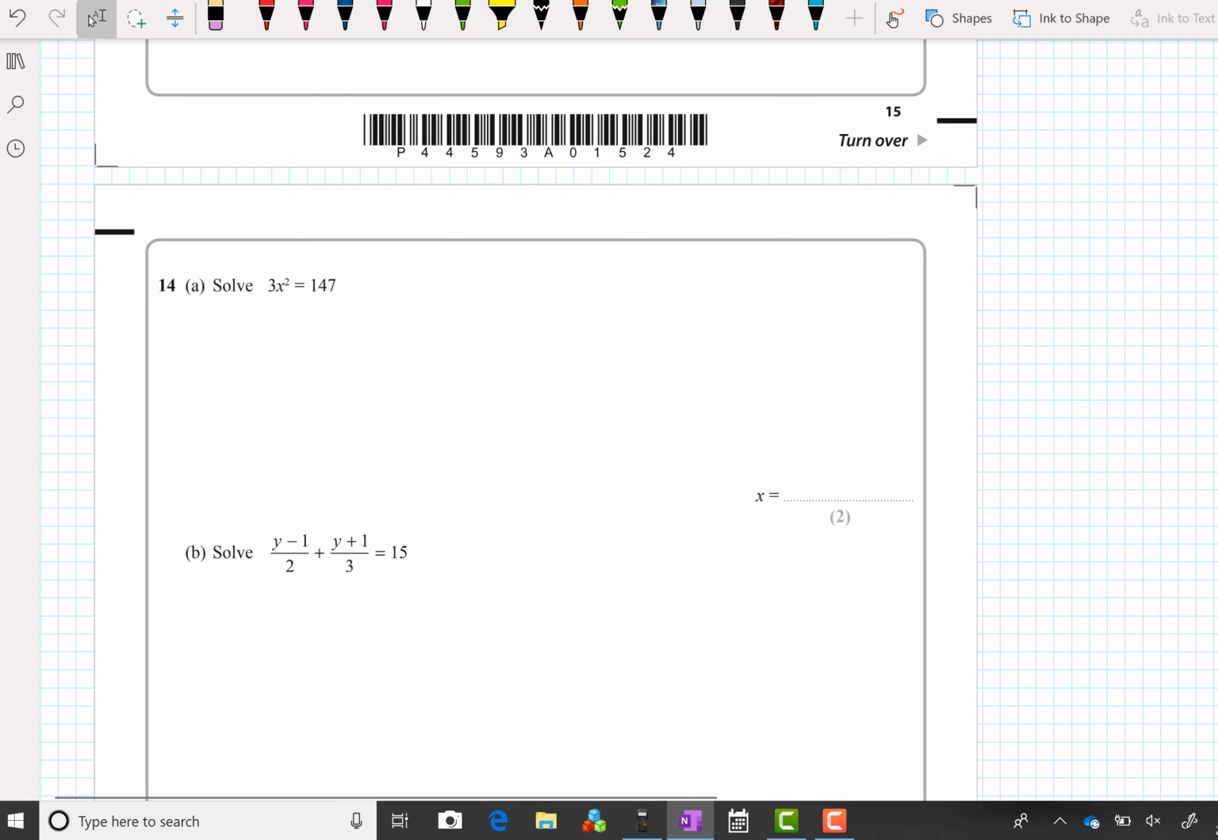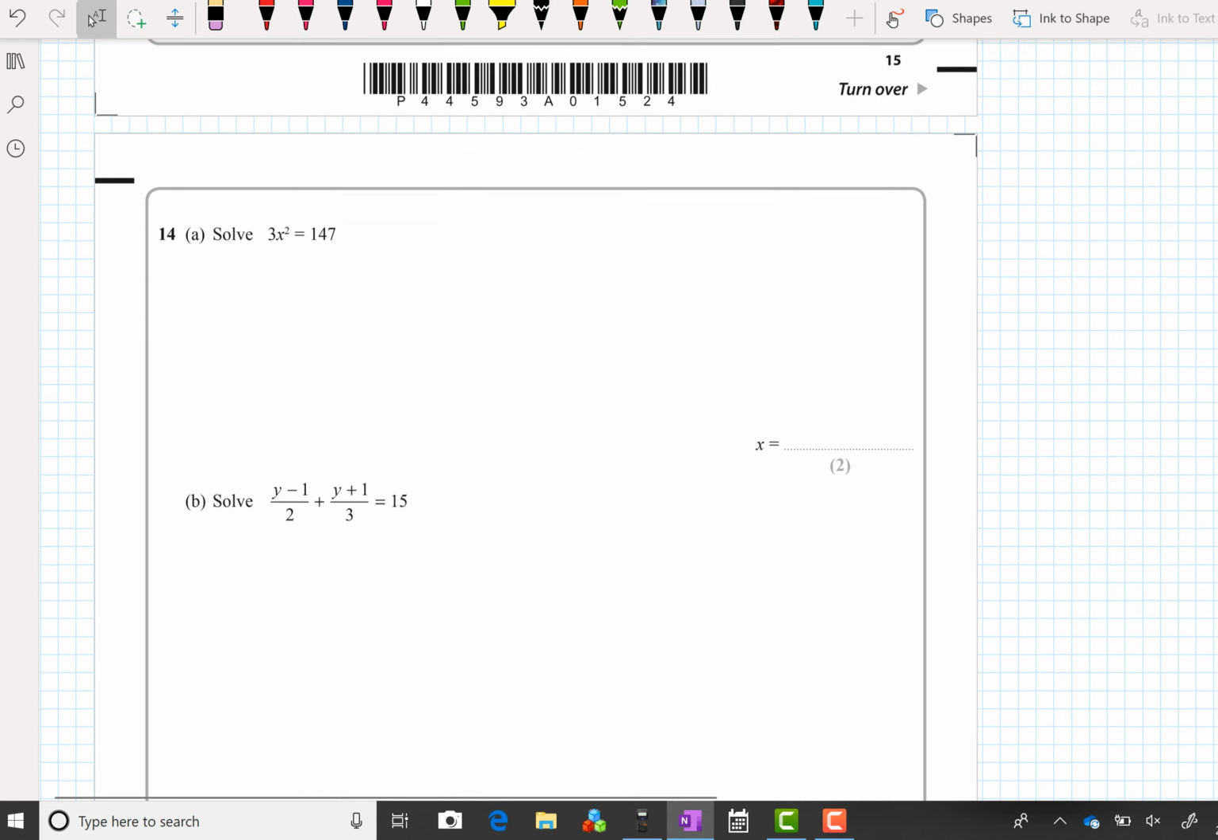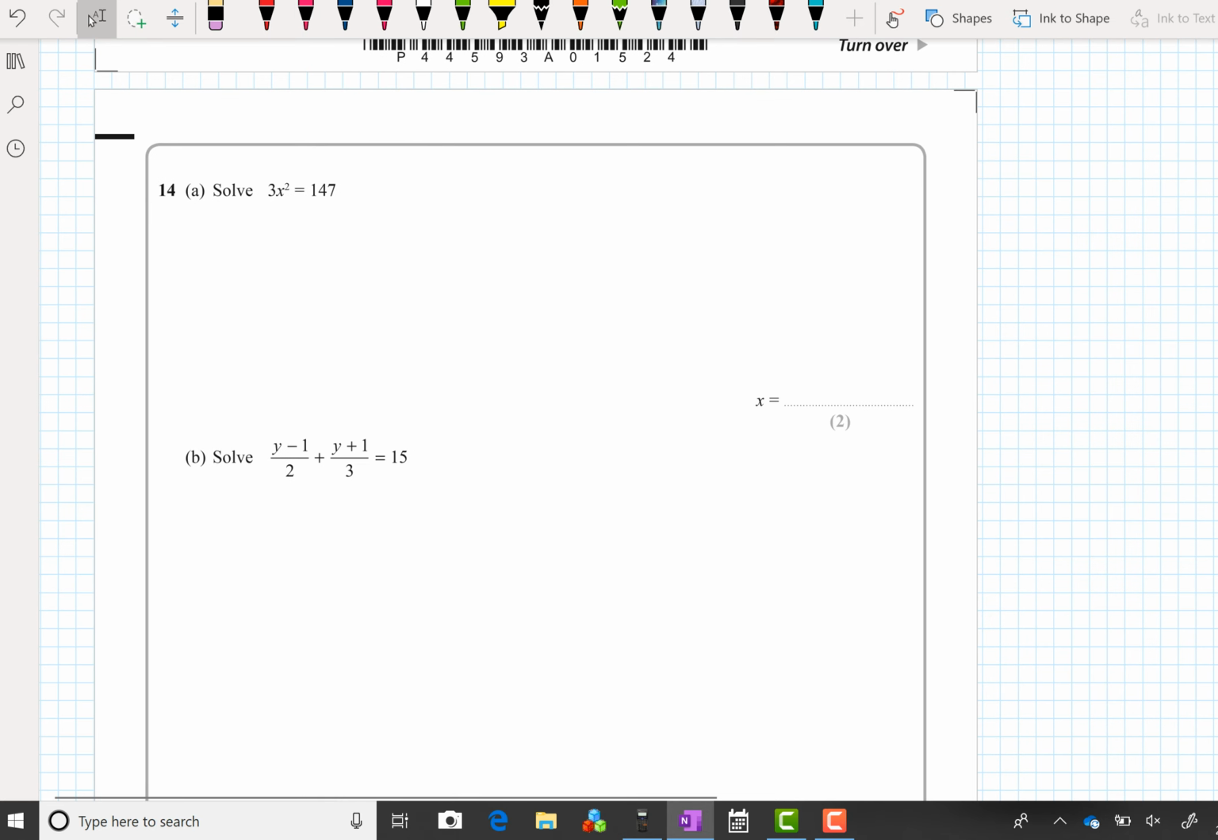Question 14. Okay, so now we've got some for 14A and 14B. We've got some solving equations here. Solve the following equation. Now, I'm going to put this line there for working out for those who haven't seen this. Currently, what's happening to x? We're squaring it and we're timesing it by 3. If we divide both sides by 3, x squared equals